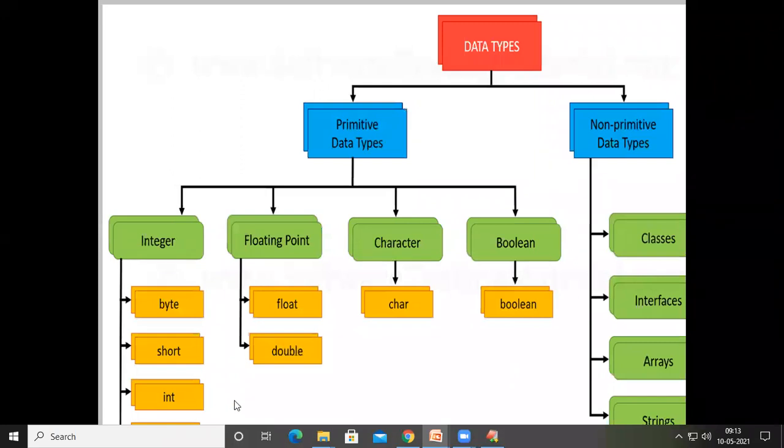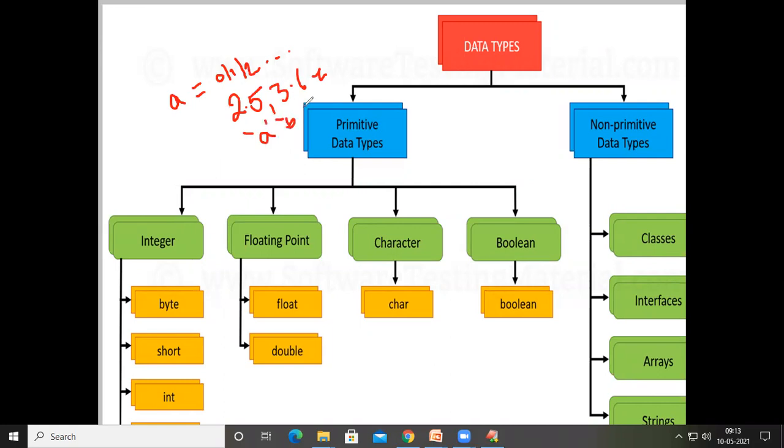Especially in C, C++, or Java, in any programming language other than Python, if we declare something as A, we have to tell the compiler that A is going to store either integers, which means 0, 1, 2, etc., or A is going to store floating point numbers like 2.5, 3.6, etc., or A is going to store characters like character A or character B, etc., or A is going to store either true or false.